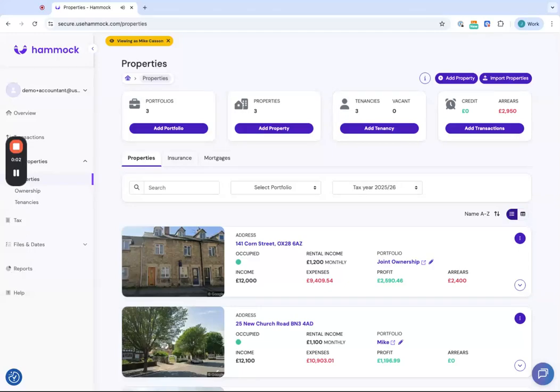If you're a letting agent and you're looking for an MTD solution for your landlords, then this video is going to give you a quick overview of how the software works and what those MTD submissions are going to look like. So we are in the account of a landlord called Mike, and you can see from the properties page